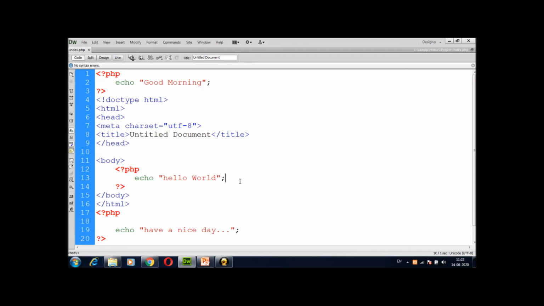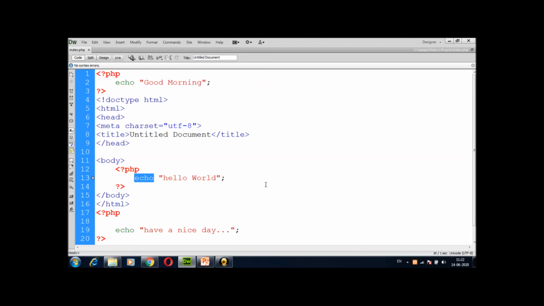In the next lecture we will discuss this echo statement. Here I have just mentioned the echo statement for printing purposes. We will later check the output of these statements which I have written in the echo statement.